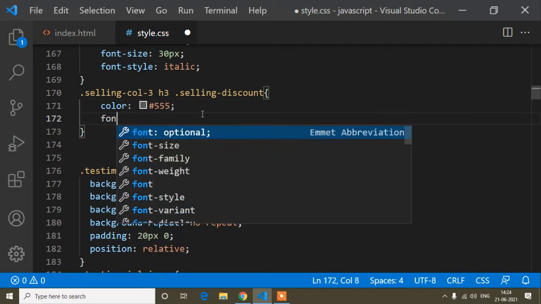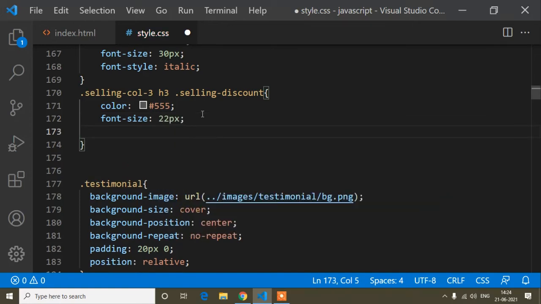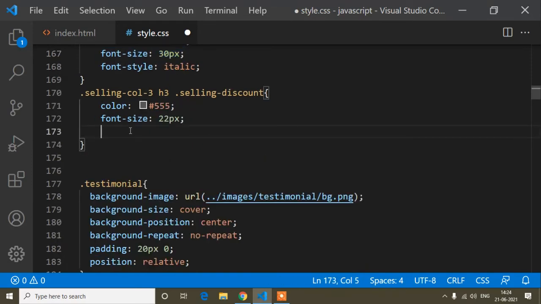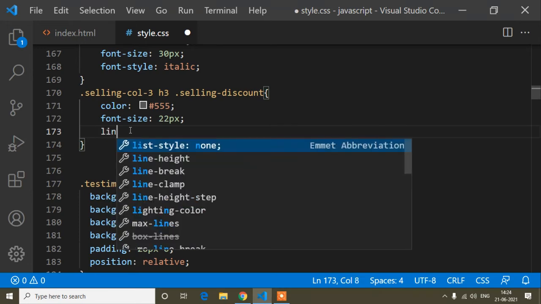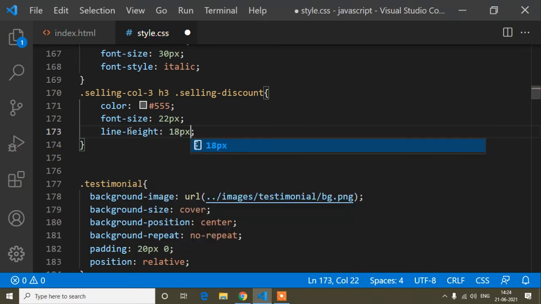And the font size is 22 pixels, because this font size I will write smaller than this one. Okay, so font size is 22 pixels right now. And the line height is 18 pixels. Line height means, suppose this one is a line, and this one is a line, and this one also is a line.